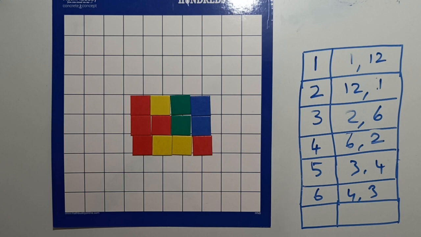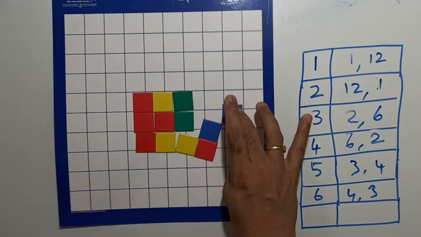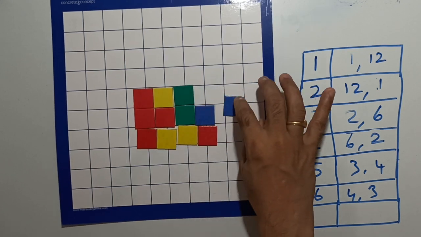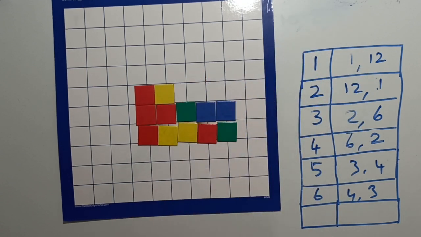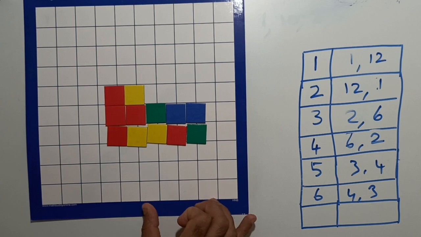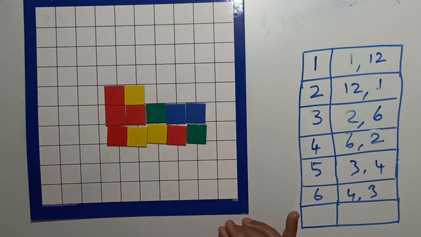Is there any other way that I can arrange it? If I try to arrange it in 5 tiles in each row, so if I try to place 5 tiles in each row, I have 2 remainder, so that's not possible. If I try to do anything that's beyond 6, if I try to do 7, obviously it's not going to work. So these are the only possible arrangements by which I can arrange 12 tiles in the form of a rectangle.